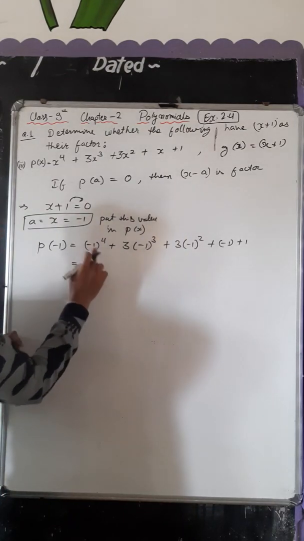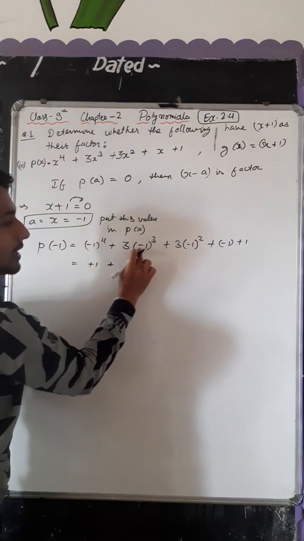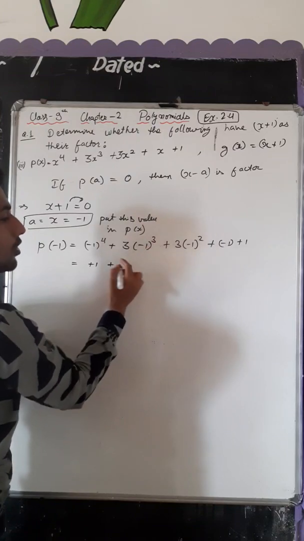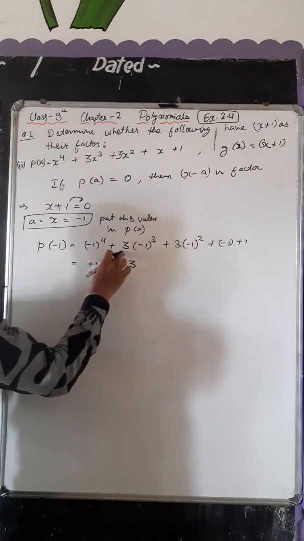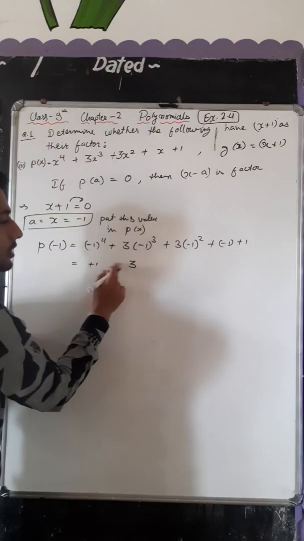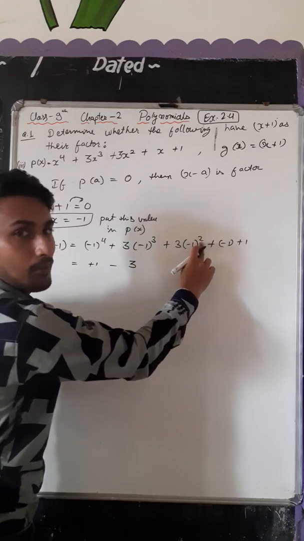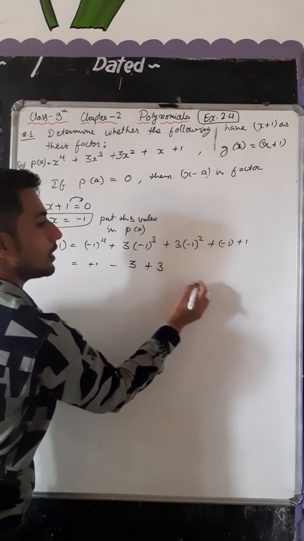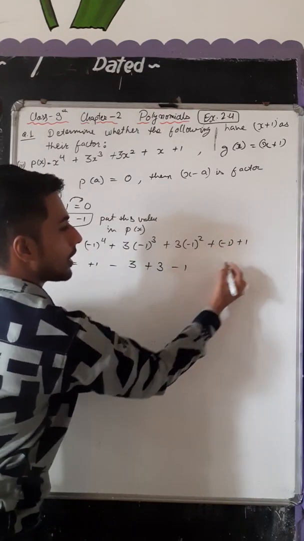Again the sign is negative plus, but the power is odd. Whenever there is odd, we get negative. So this will be 1 into 3 and minus sign here. Okay, so this will be minus of 3. Then minus 1, but power is square, even power, we get 3. Here it will be minus 1, plus into minus is minus, then plus